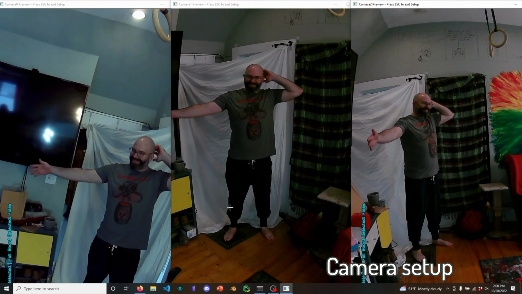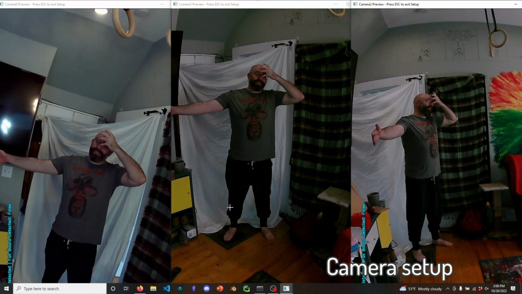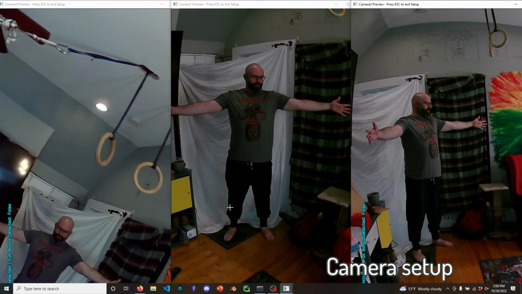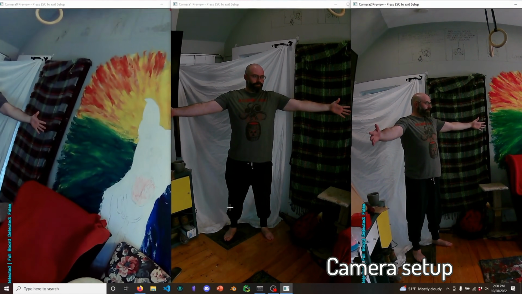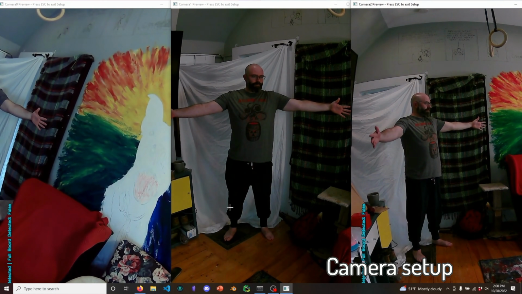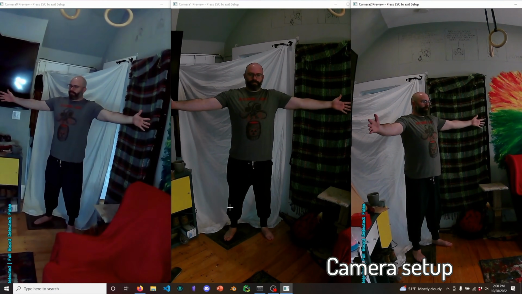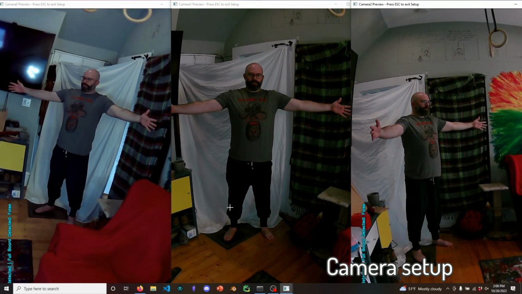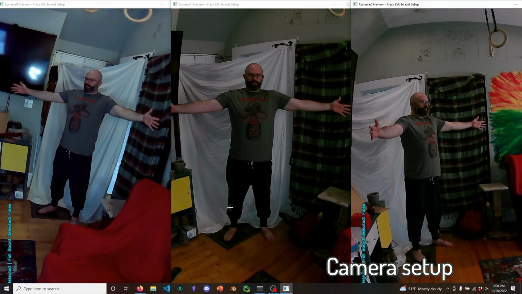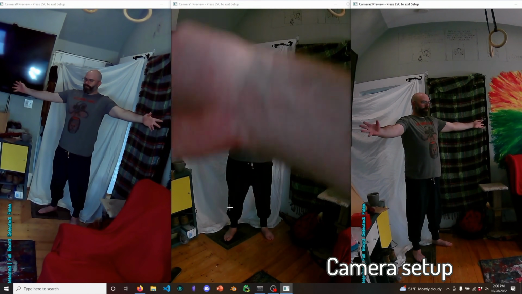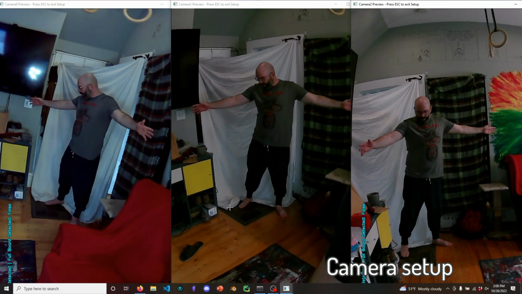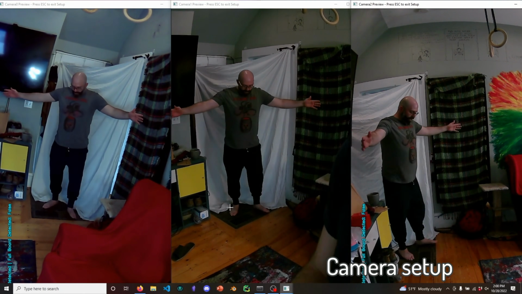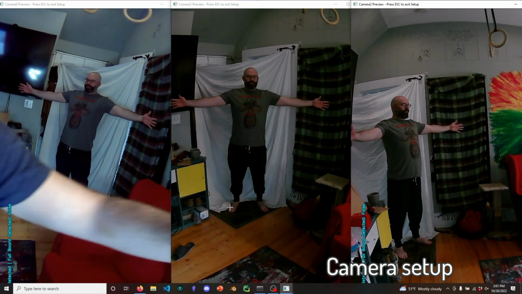Outside camera. And then this one might need to move actually. So I think I can move this one farther away. And okay, cool. So it's losing a little bit of his right hand there from this camera. So let's see if I can move that one a little bit. Yeah, so that looks fine. Let's see if I can point a little more light at him too.